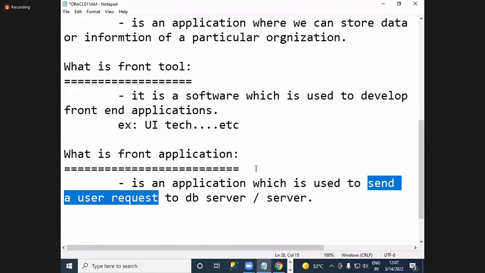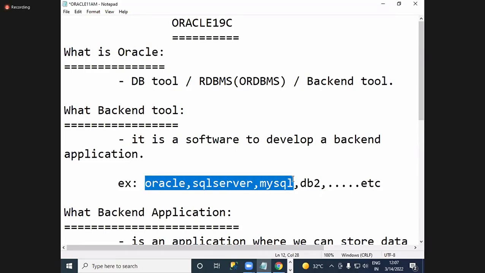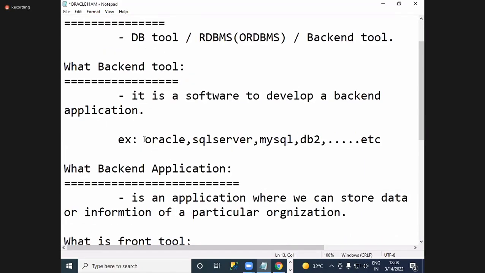And now, guys, one of the databases I will take, because our classes are on Oracle. Later I will also give the differences between Oracle, SQL Server, and MySQL, because so many people are waiting for this question. What are the differences? You can slowly understand that one by one. And coming to your Oracle.